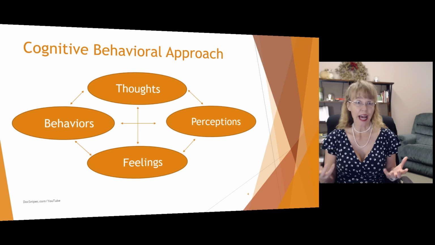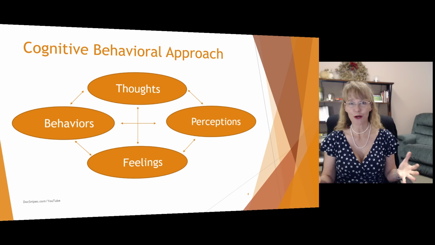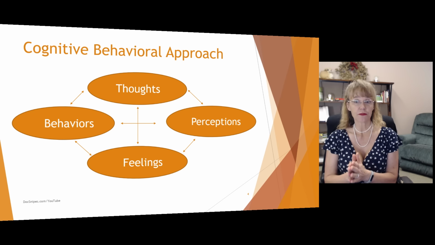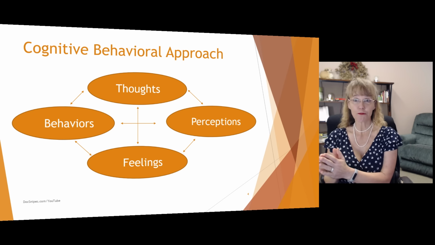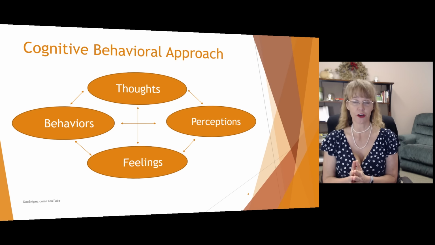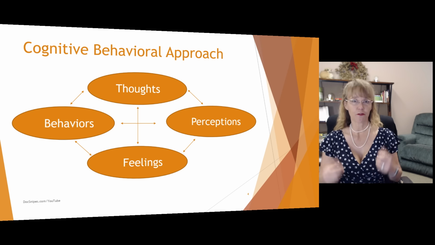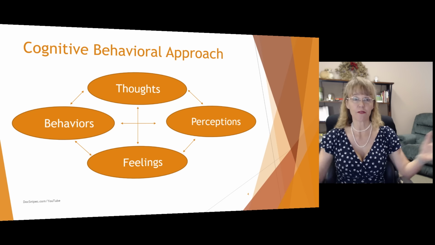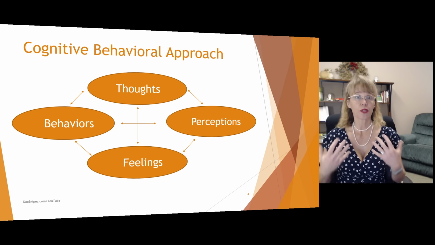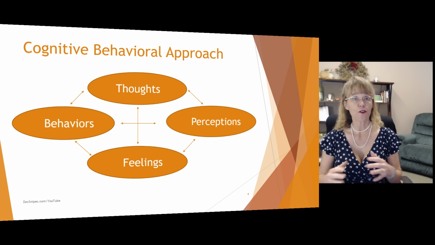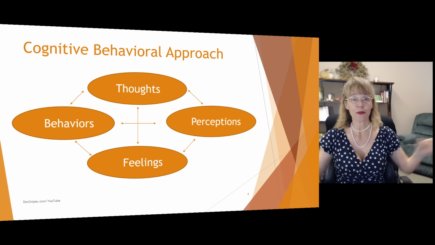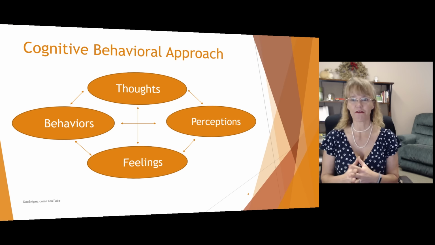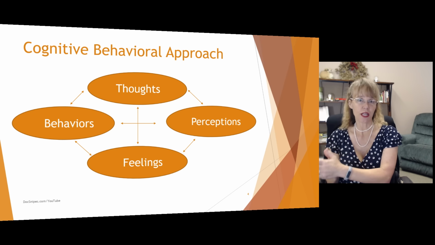So just a quick recap, if you're not familiar with the cognitive behavioral approach, it asserts that our thoughts, feelings, behaviors, and perceptions all interact with one another. For example, if we're in a negative mindset, then that can have an impact on what we perceive. When we are in an unpleasant mood, our brain tends to focus more on the threats in the environment. When we are in a happy mood, our brain actually pays more attention to some of the positive things. So our thoughts affect our perceptions.